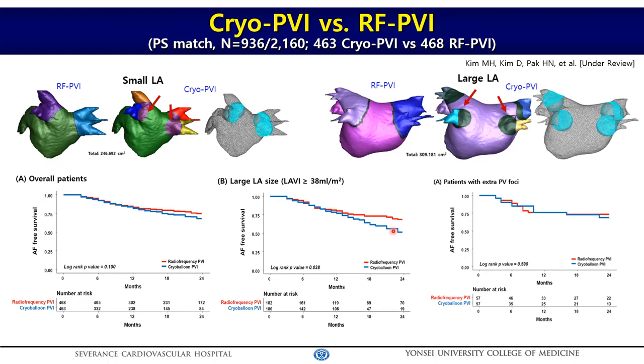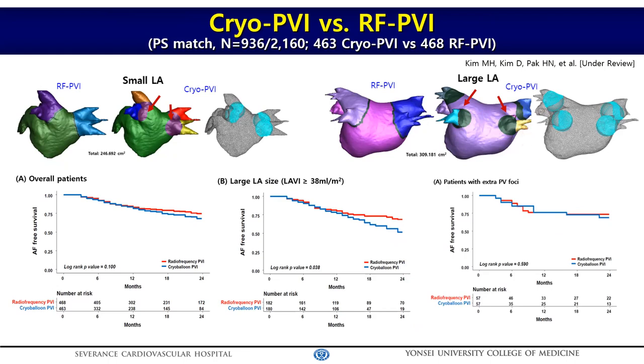In other words, in PV-dependent atrial fibrillation with large LA, cryo PVI outcome was worse than RF antral ablation. It may be because a 28 mm fixed size cryoballoon spares some area of the PV antrum in large LA patients,